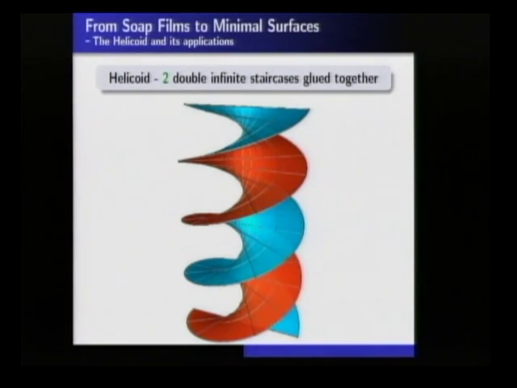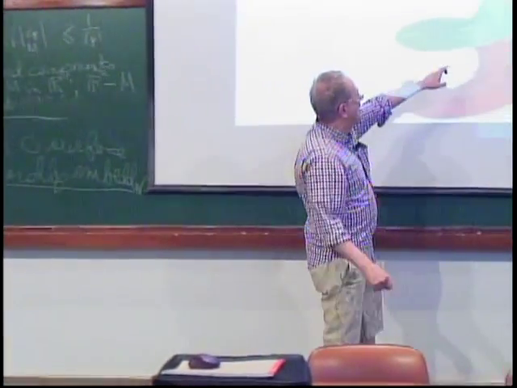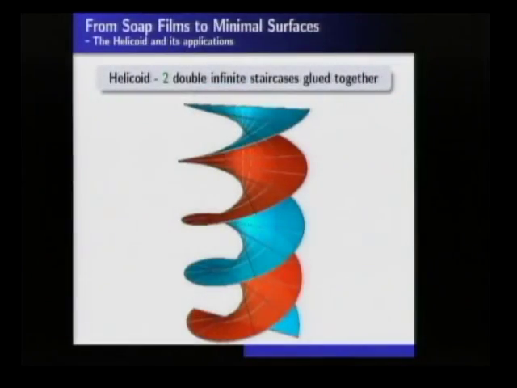I want that point of view. This is not just a surface, but a surface made by gluing two other surfaces along a vertical line. And those surfaces are what are called multigraphs. They project, they're graphs over the xy plane, but they spin forever and ever. So I do want that point of view. And remember, these lines go out forever and ever.